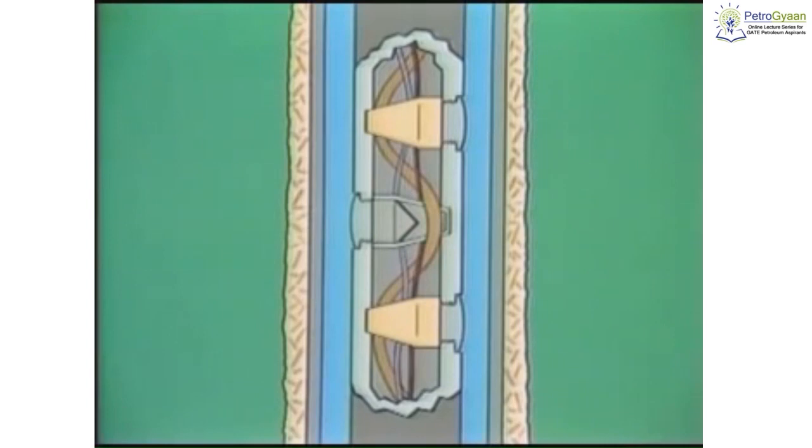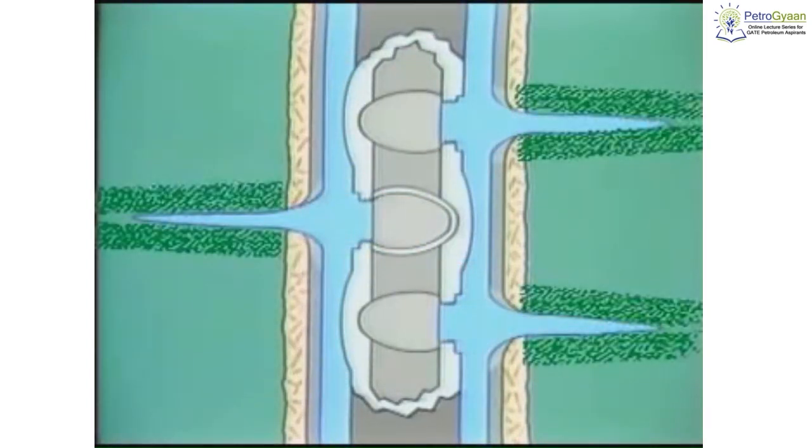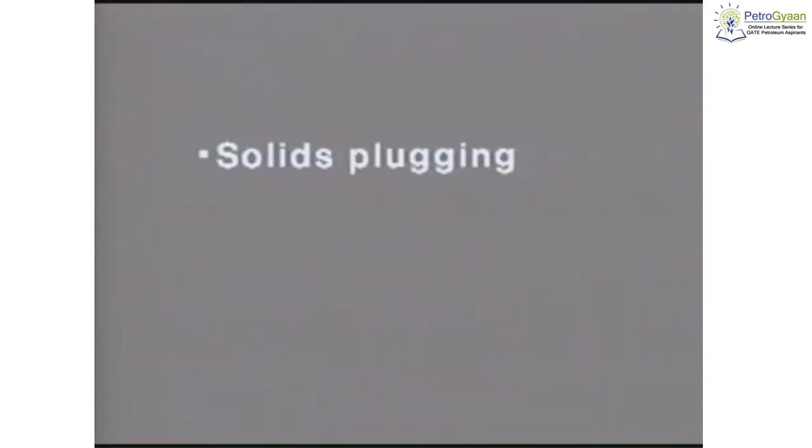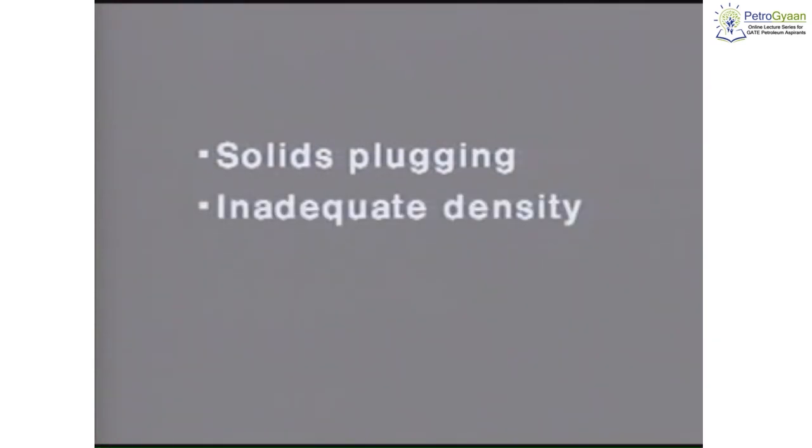Although the perforating process itself always causes some damage due to the crushing of the rock surrounding the perforation, the major causes of perforating damage are solids plugging during overbalanced perforating, and inadequate perforation density and/or length. Underbalanced perforating using through tubing or tubing conveyed techniques and the use of clear filtered completion brines hold the greatest promise for reducing such damage.